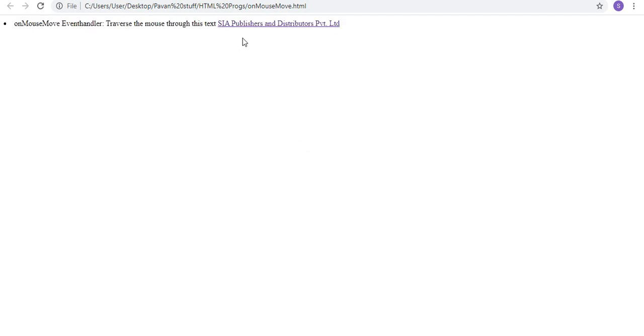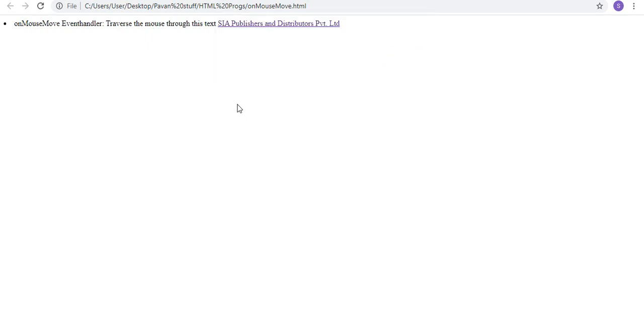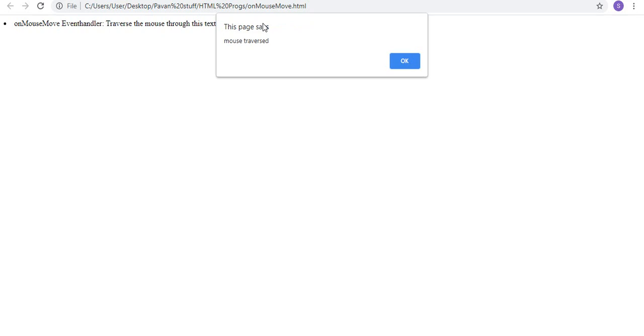So see here, the mouse is traversed. Okay, if my mouse pointer comes onto this content, until then nothing happens. Whenever it comes on save publishers, automatically that event has triggered. What is that event?